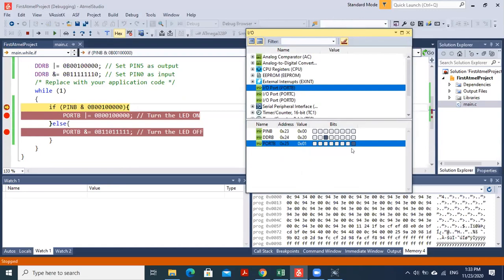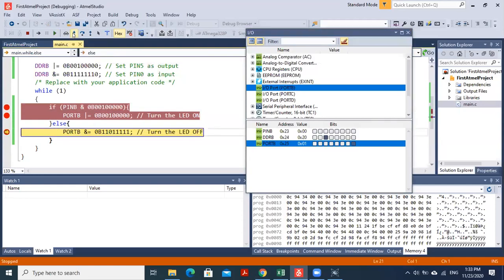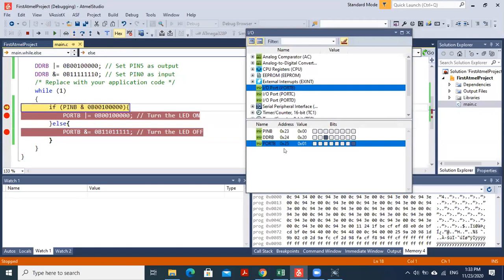So if this becomes 1, it should go in here, but in the first run it will not go. We'll see. Okay, now I am going to step into here to go step by step. Now it comes here. Now the value is 1, port value is 1.